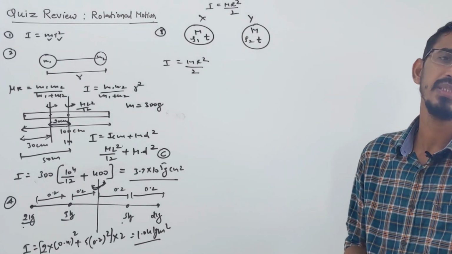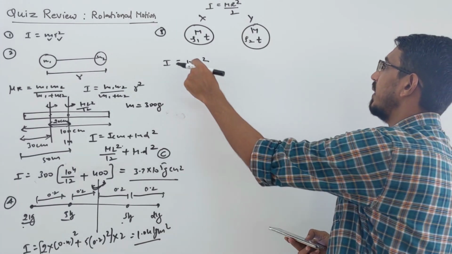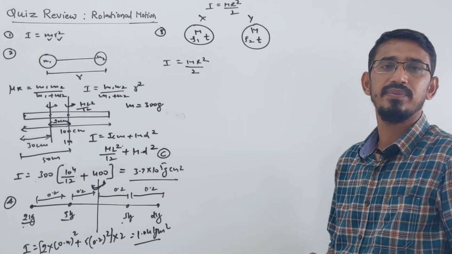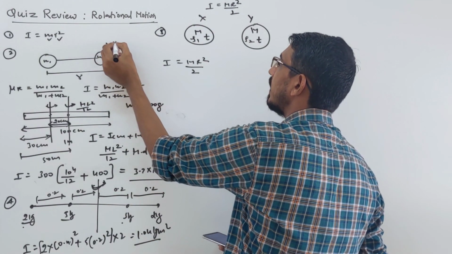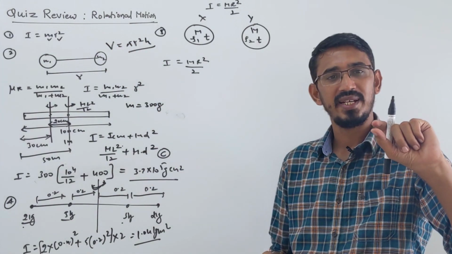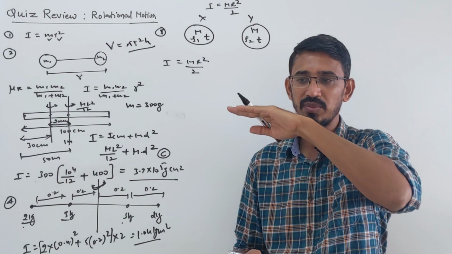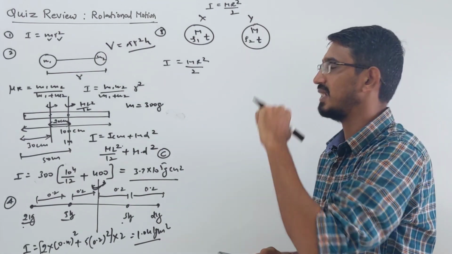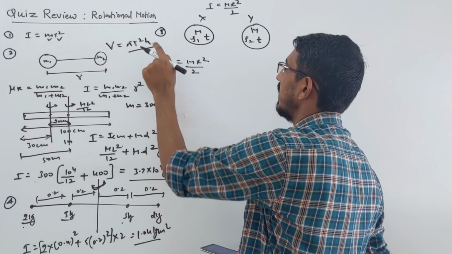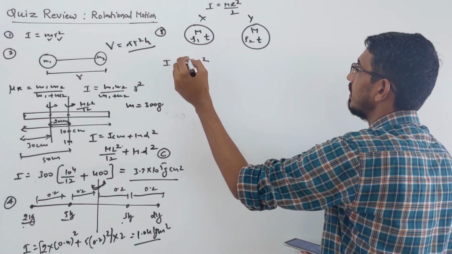Density is mass by volume. Mass you already have, so let's convert this formula in terms of volume. What's the volume of a disc? Volume of a disc is pi r square h. A disc is nothing but a thin cylinder. If you cut a small piece from the top of a cylinder, you get a disc, so it is a cylinder with very little thickness. Thickness is given the same here.